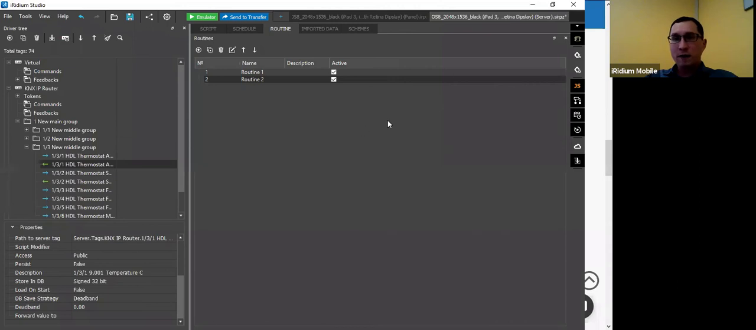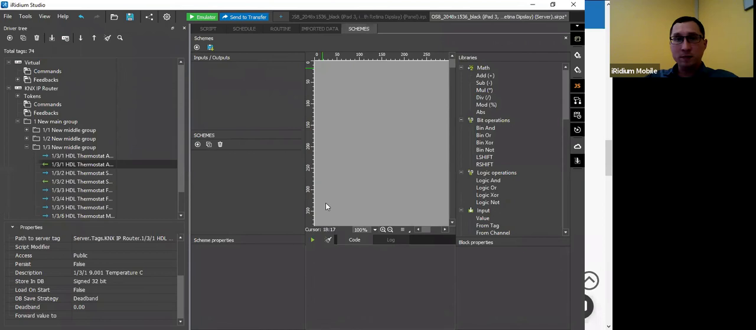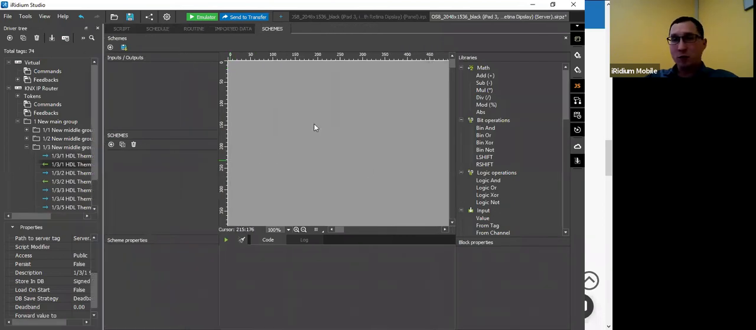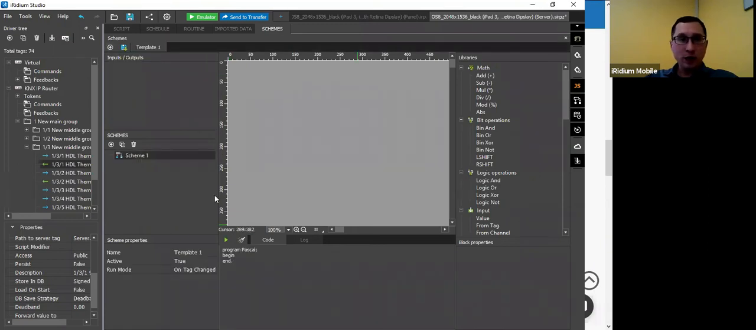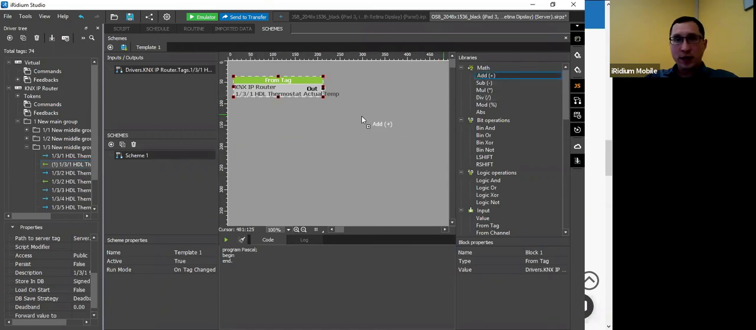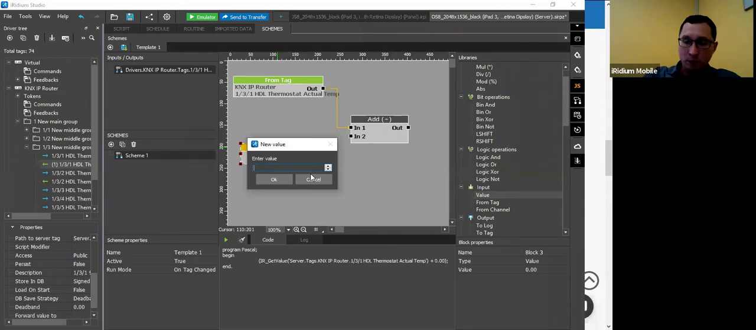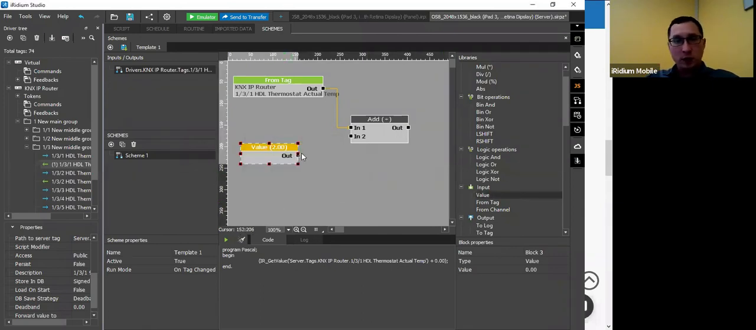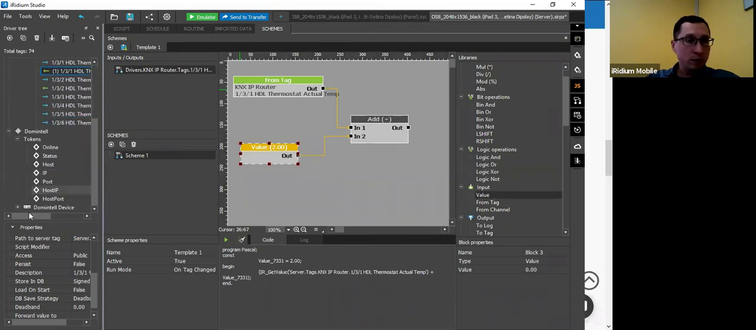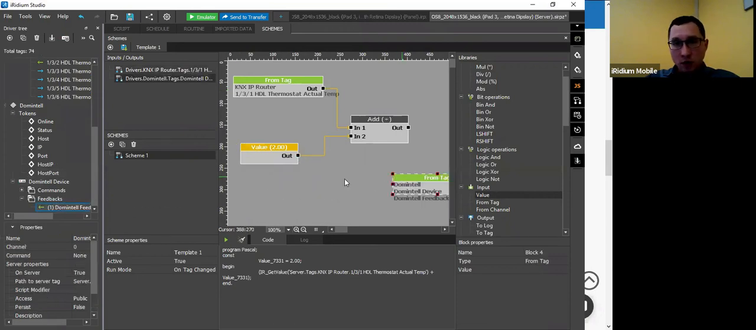For a fast way, for routines, we have an interesting function like block diagrams, like a scheme. What does scheme mean? If you are an engineer from an automation system, we have a lot of different FBD, functional block diagrams, and we can make a new template. Here I can use it just, okay, I have some temperature, tag temperature, and I can add some value. For example, if I have some temperature at the KNX level, I want to increase this value by 2 and send it, for example, to the Domintel device, Domintel device feedback. Oh, the feedback, no, to command,